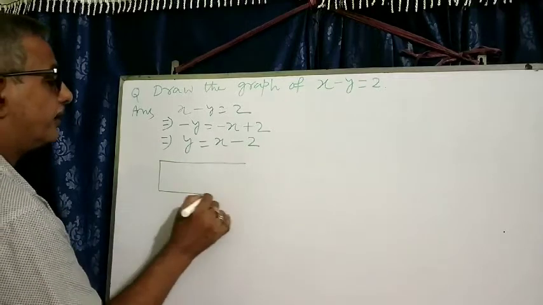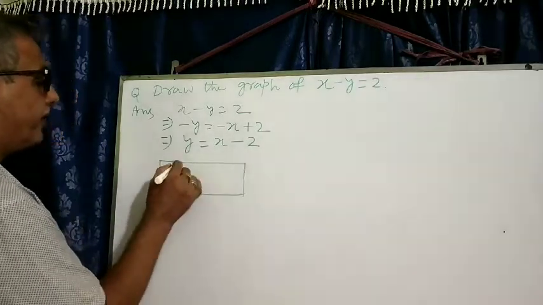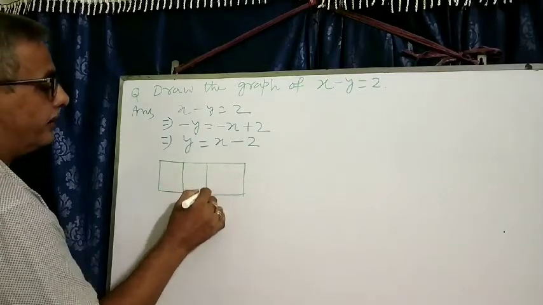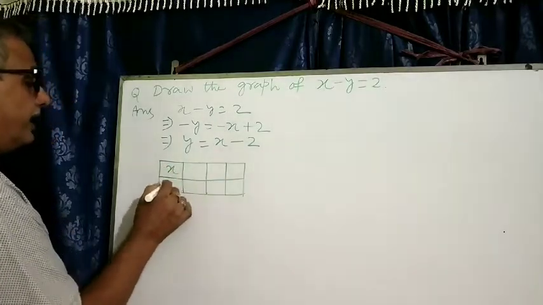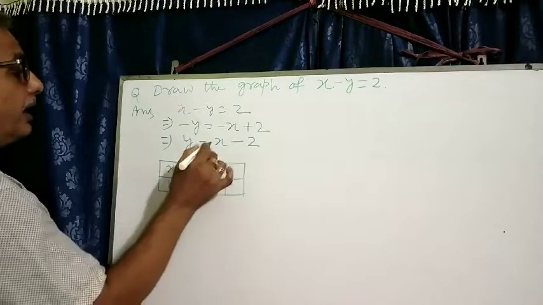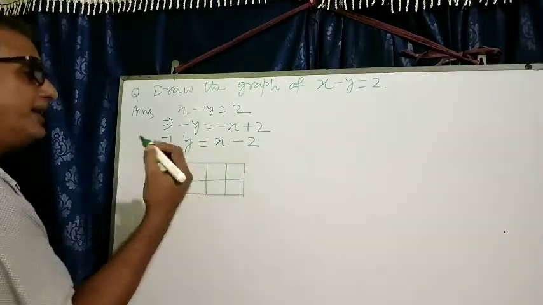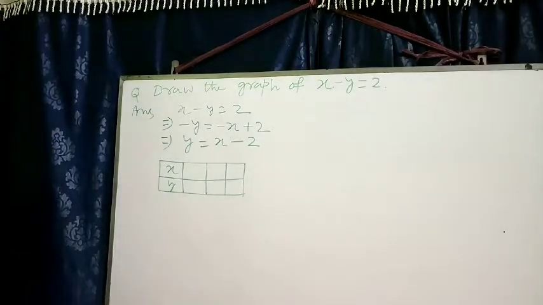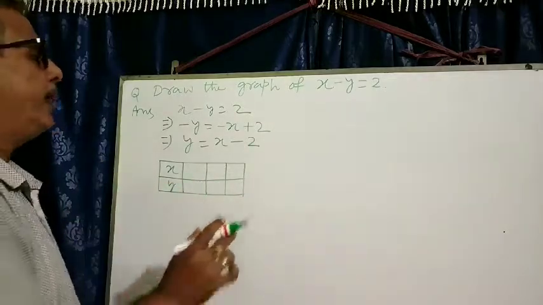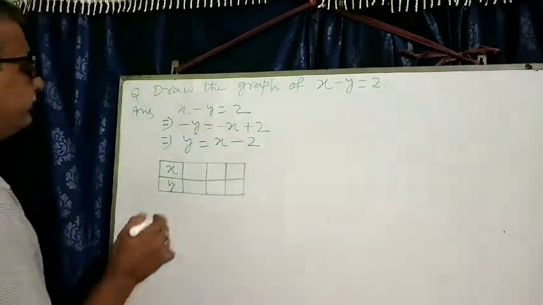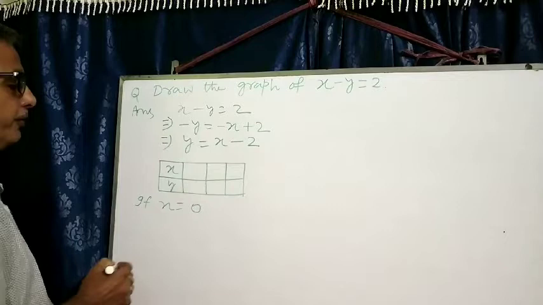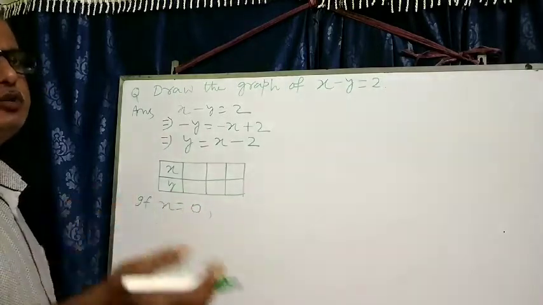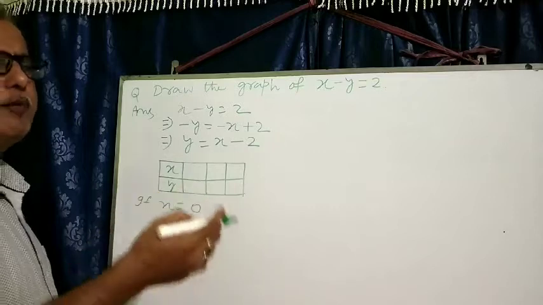here to get the solution. Here you write x, and here you write y. The value of x you write yourself, whatever you like, but you take a small value of x. Otherwise, on the graph paper, it is very difficult to adjust the point. If x is equal to 0, you may take 0, 1, 2, 3, 4, minus 1, minus 2, minus 3,